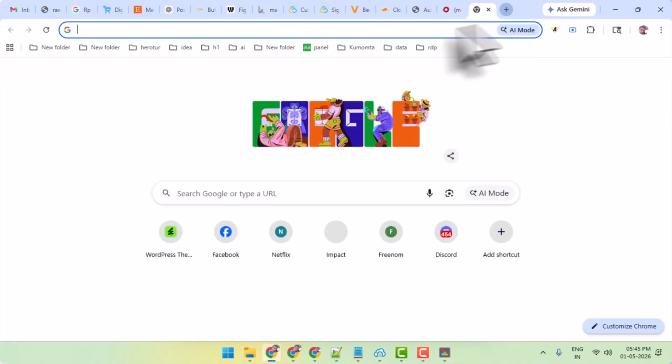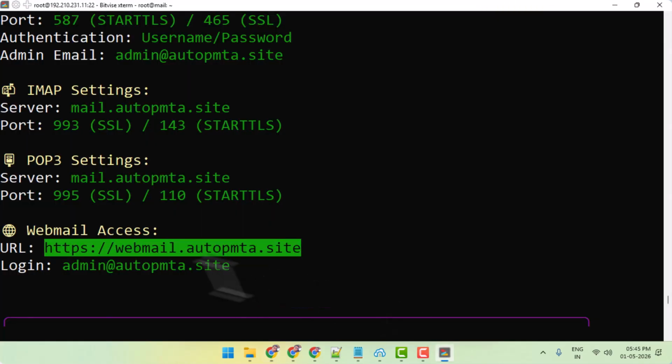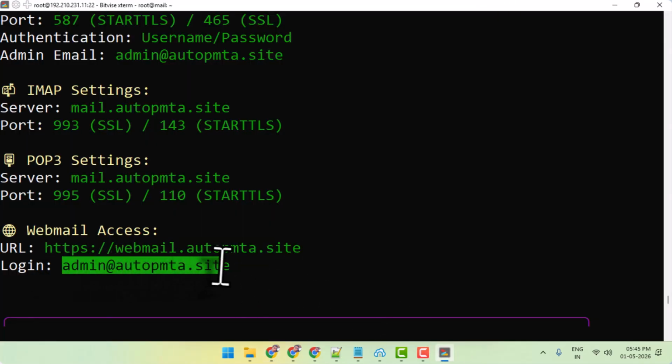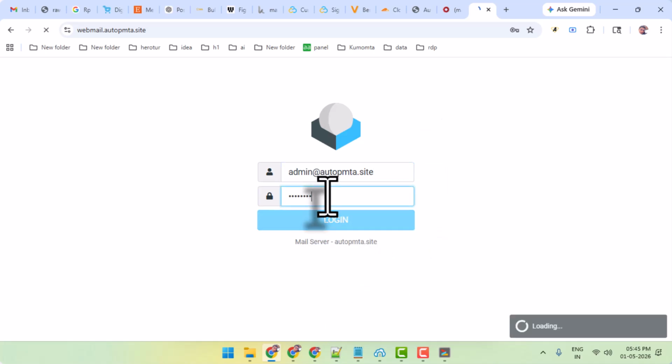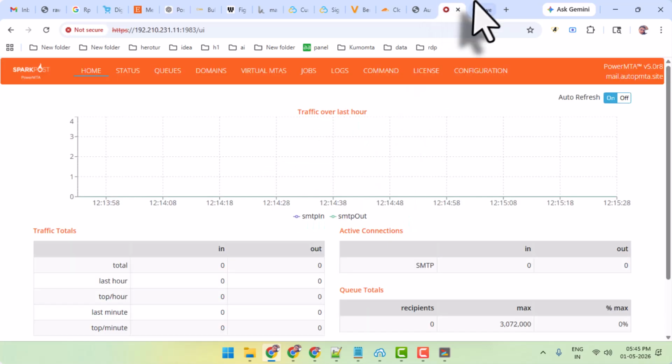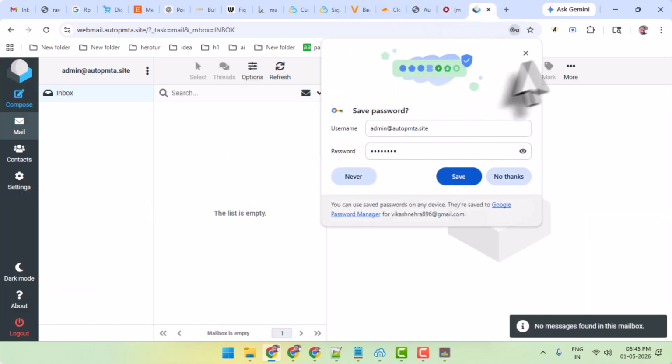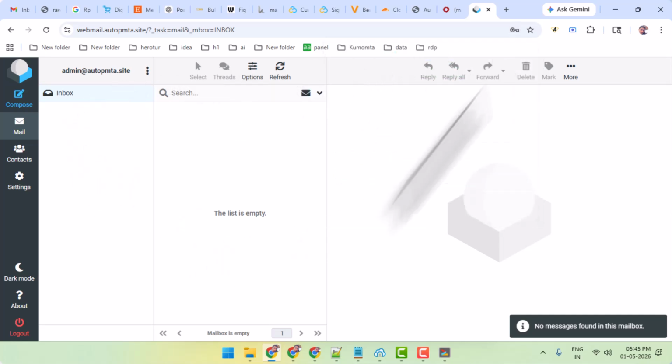I open it using the admin credentials and log in. The admin password was 123, so this is the web monitoring console of PowerMTA. Here you will keep getting incoming mail stats, and then